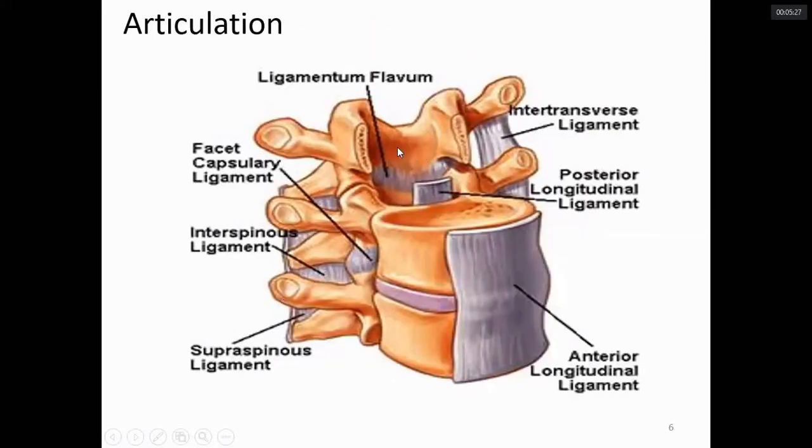So basically the spine consists of the vertebrae, and in between the vertebrae there is a disc, the intervertebral disc, and all the soft tissues around the vertebra, like the anterior longitudinal ligament, posterior longitudinal ligament, ligamentum flavum, and the two vertebrae. In the posterior part, there is a connection between the two vertebrae with ligaments like the interspinous ligament and supraspinous ligament. These are all the structures of the vertebrae.